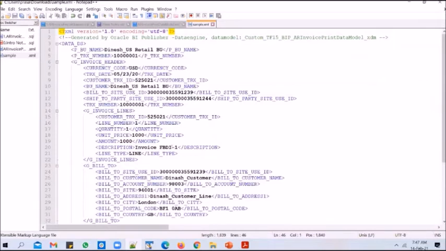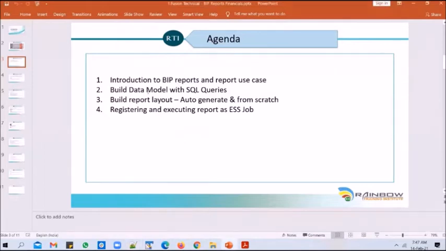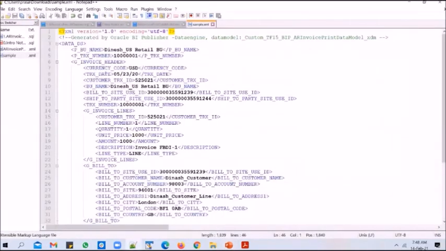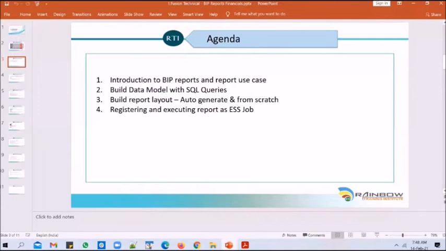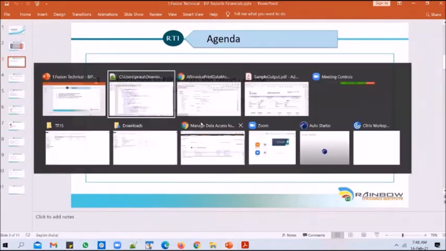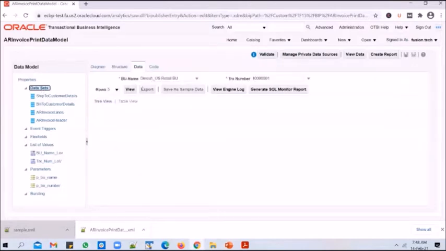Why is this important? This is important because when you auto-generate a report layout, the BI server needs to know how many groups there are, what attributes there are, and what the relationship is between those attributes. So for it to understand all those things, so that it can auto-generate a report layout accurately, you have to perform this step of viewing the data and hitting this button called Save as Sample Data. That will save a sample.xml on the Properties tab. And after you do that, you can click on Create Report here.